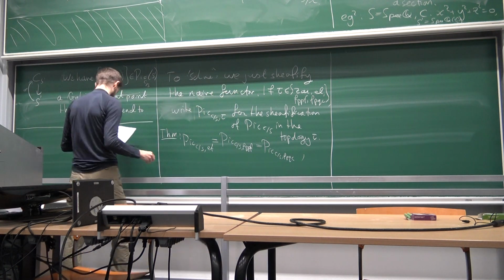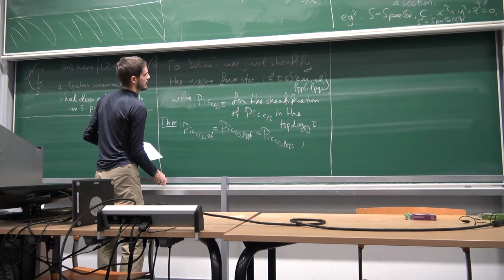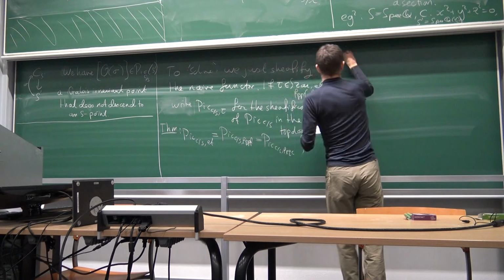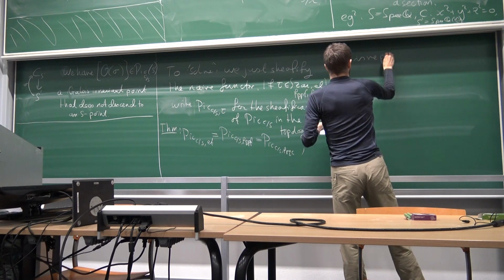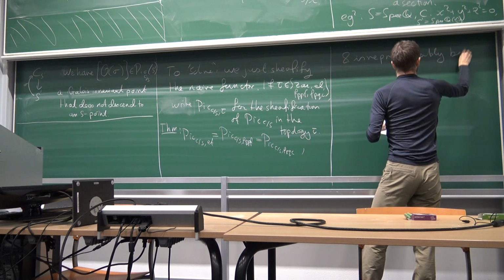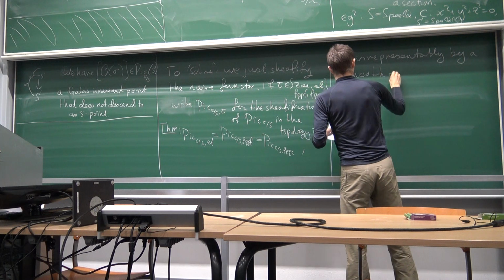And now let's go over here, and it is representable by a smooth algebraic space